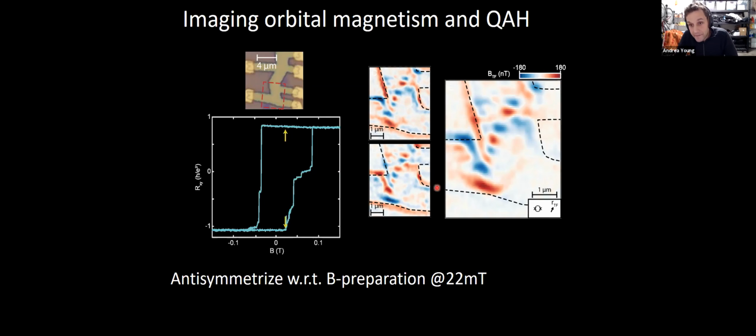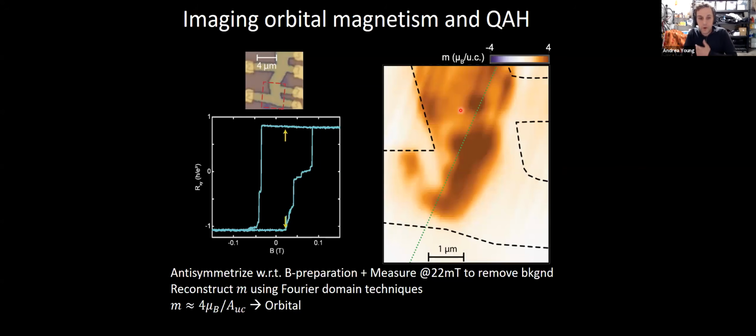this response, and you'll see that in fact there's a fair amount of structure in the magnetic signal coming from a fully polarized orbital Chern insulator. This is done at nu equals 3 at about 1.5 or 2 Kelvin. It turns out that using typical Fourier techniques, once you know the derivative with respect to a given vector everywhere for a 2D sample, you can use Fourier domain techniques to then extract the actual magnetization. Many careful calibrations later, one can find that, in fact, the peak magnetization density is on the order of 4 Bohr magnetons per superlattice unit cell.